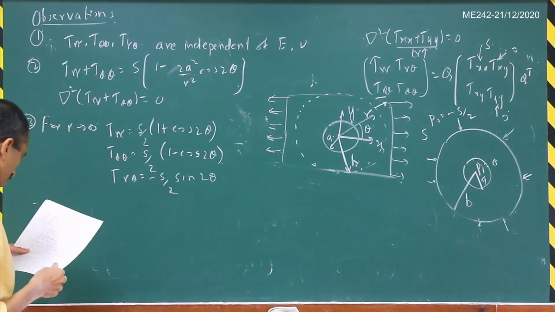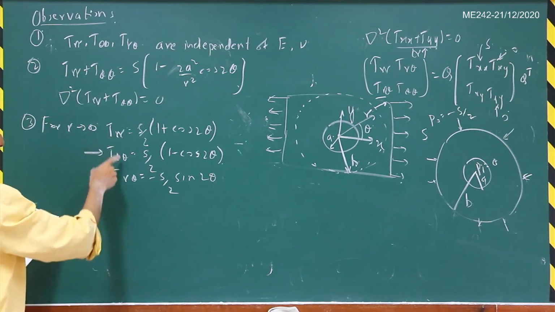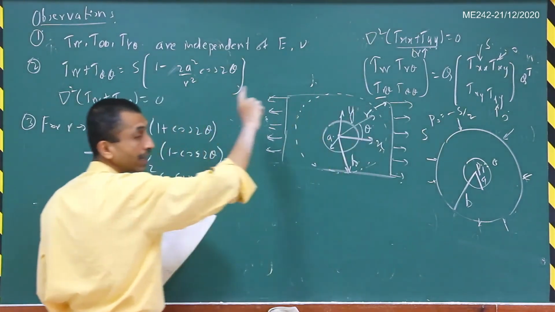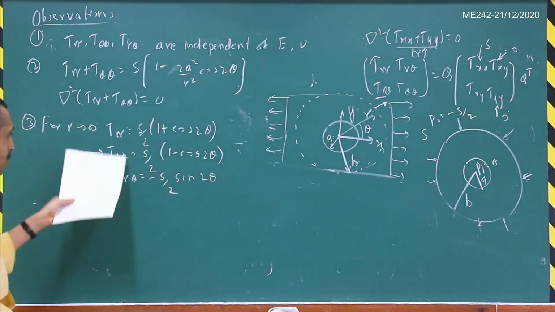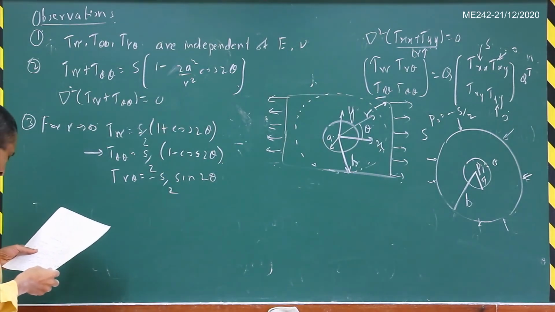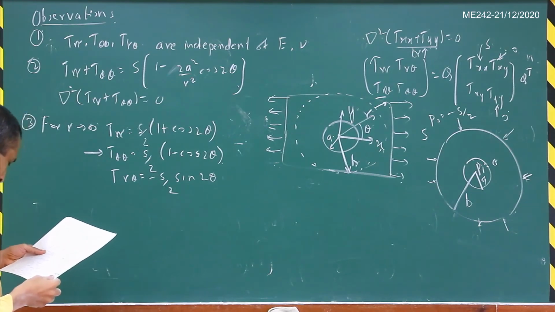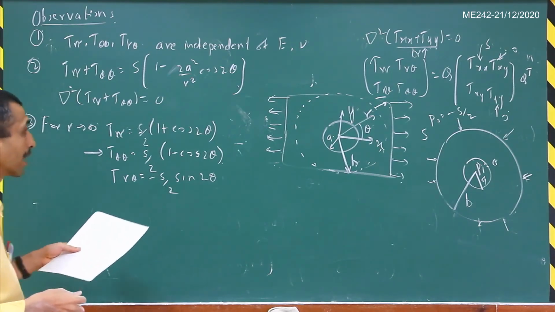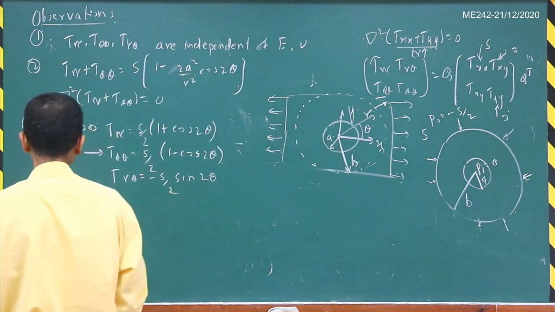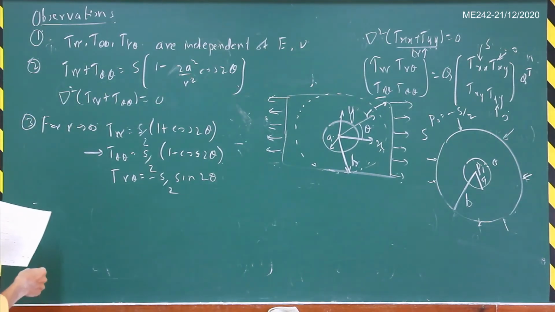So as I said, we had already imposed the tau r condition and the tau r theta condition at r equal to b, and we had taken b as very large, and so this is just a verification of the conditions that we had imposed. Okay, but now we come to the important part of this whole solution, that what happens at r equal to a, correct? So this is the hole now, and we are interested in the stress distribution around this hole. So let us look at that now.